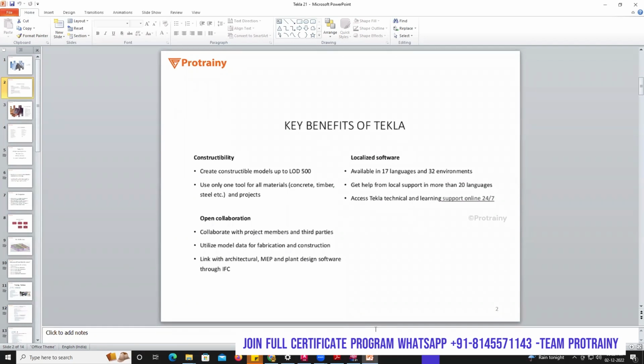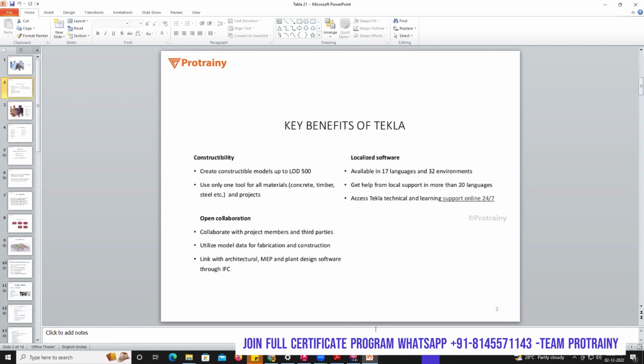Even if you are a professional worker or a fresher, you can get an opportunity by using this TEKLA knowledge very easily, because more than AutoCAD or any other software, it is very user-friendly software. At the same time, you can understand each and every detail in a 3D view, and you can visualize steel structures very instantly. So based on this,